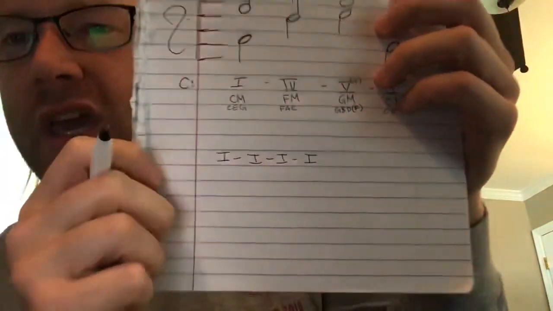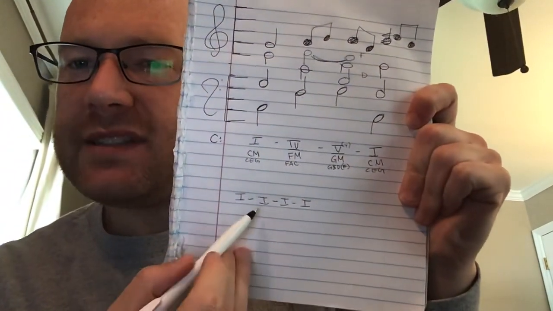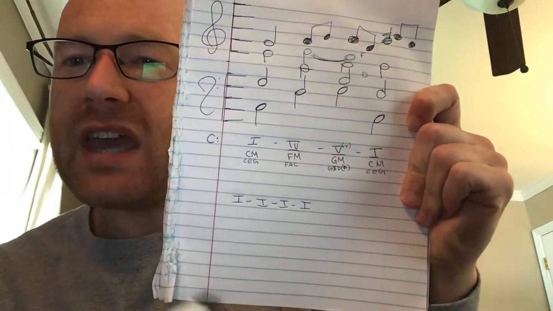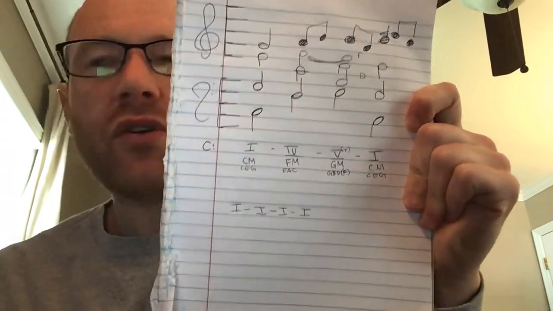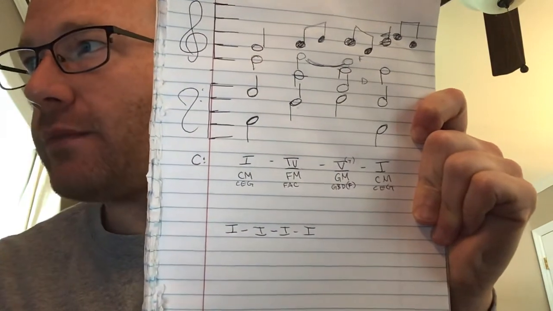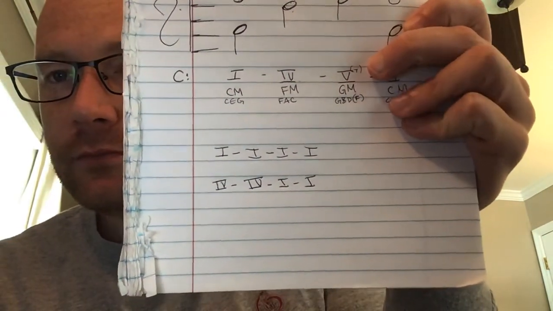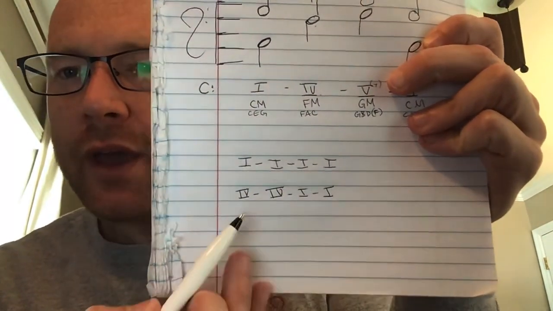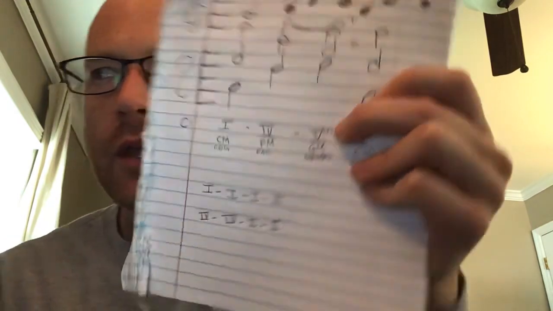1, 1, 1, 1. That can be 4 beats of 1. That can be 4 measures of all being a 1 chord. The next 4 measures are 4, a major 4, major 4, major 1, major 1. So 1, 1, 1, 1, 4, 4, 1, 1, and then 5,